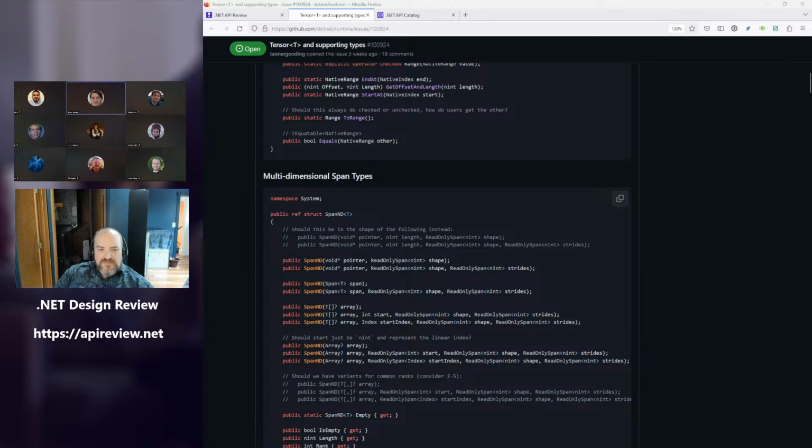We might just say tensor to mean the same thing. In which case, tensor span makes sense because tensor is the thing representing multidimensional data. But those are the two names from the people that were in the discussion and gave input. SpanND was the clear winner, with tensor span as the next one.